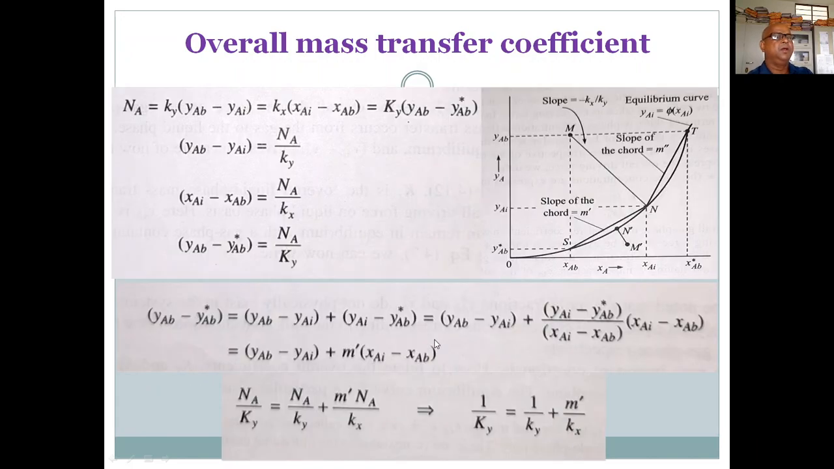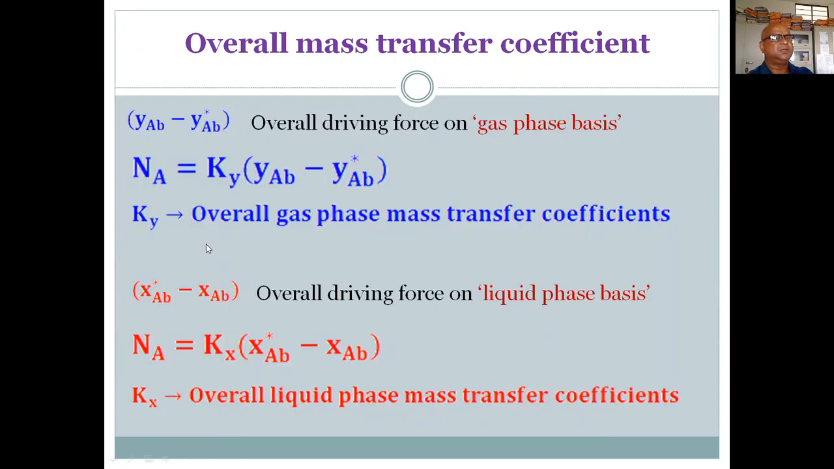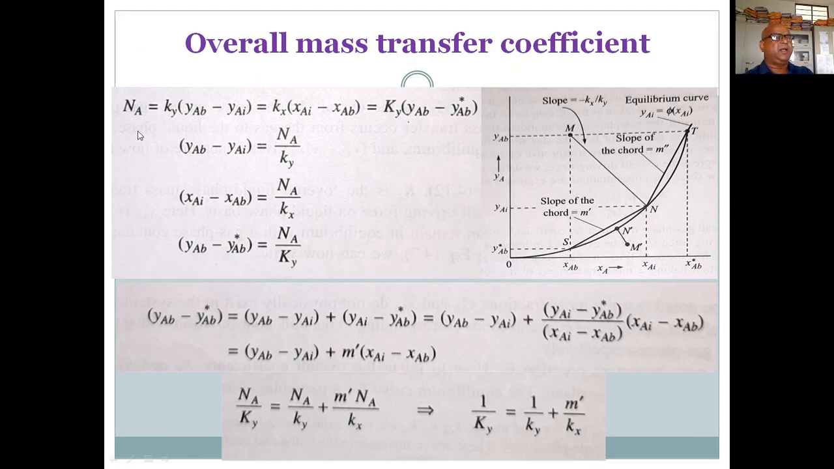Now I told you, this is my K_X, this is my K_Y, and this is my K_f. These are the overall mass transfer coefficients on a gas phase basis and a liquid phase basis. Now what are the values of K_Y or K_X? That I have to know. Let's see this. Let's take the gas phase side: N_A equals small k_y into